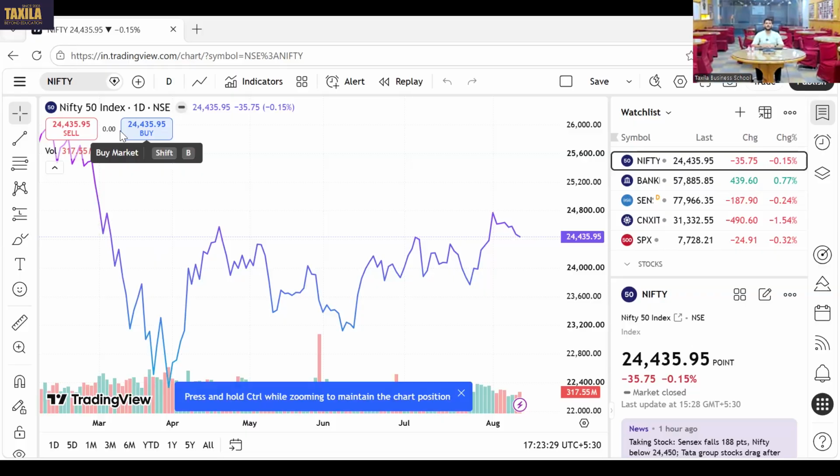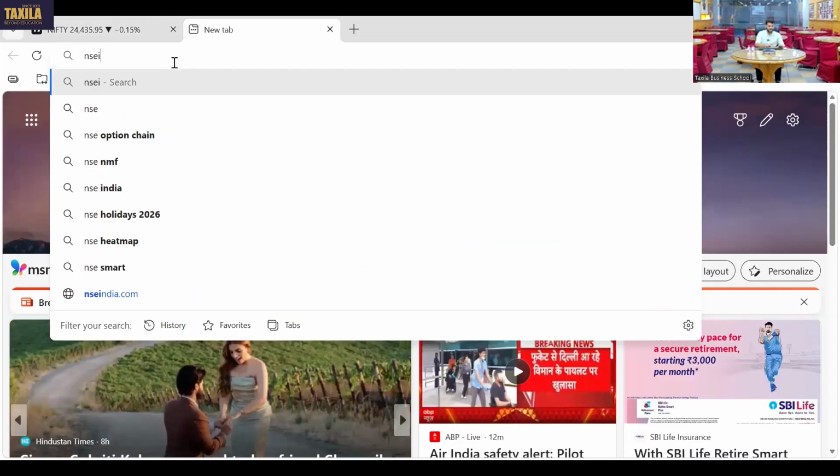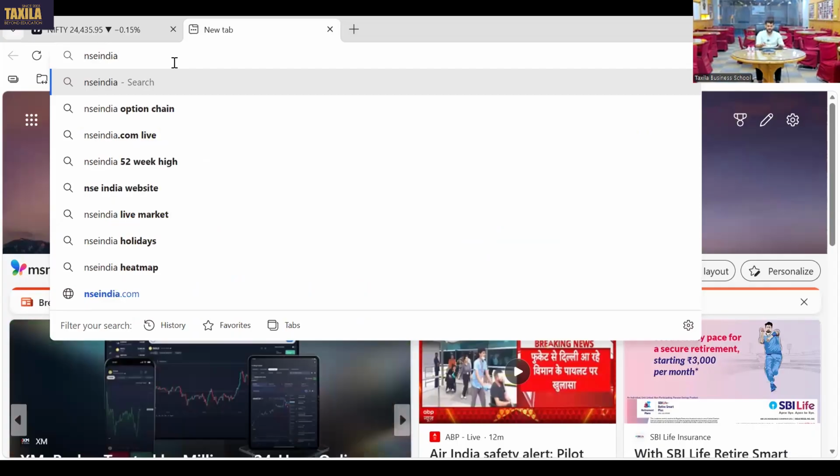Hope my screen has been shared to you all. Type yes in the chat box. Whenever we discuss the stock market, the most important thing that people take interest in, just a while, let me share it again. If someone comes up to me and asks, sir, how is the market doing today, what I basically do is jump to Nifty 50 and analyze whether it's going up or down. Based on that, I tell them how the market is performing. Let me show you. There is a website where you can check the prices of Nifty 50 in detail. That is NSE India.